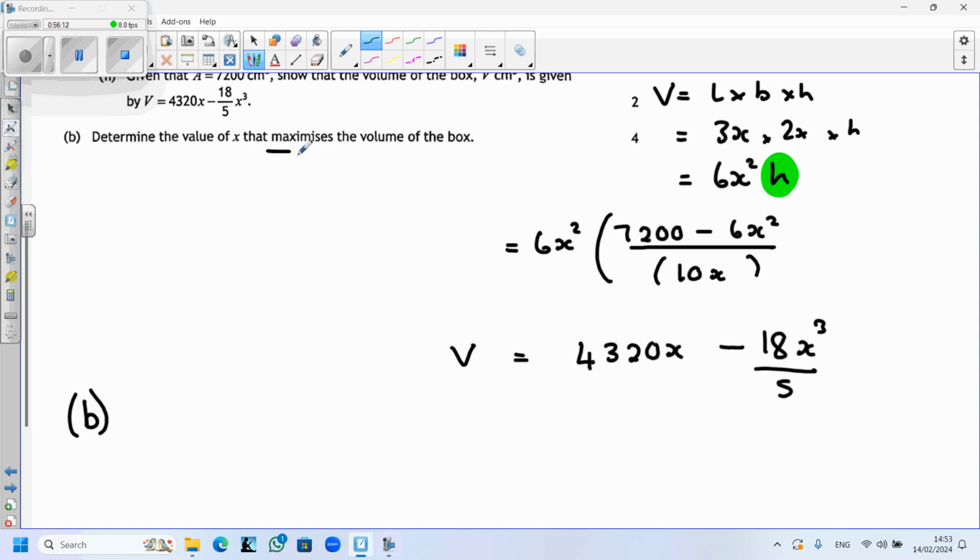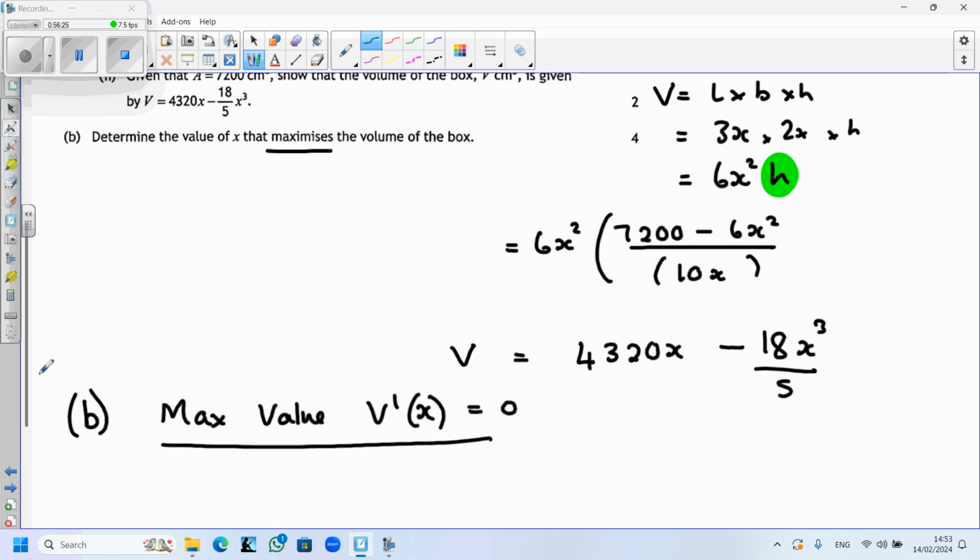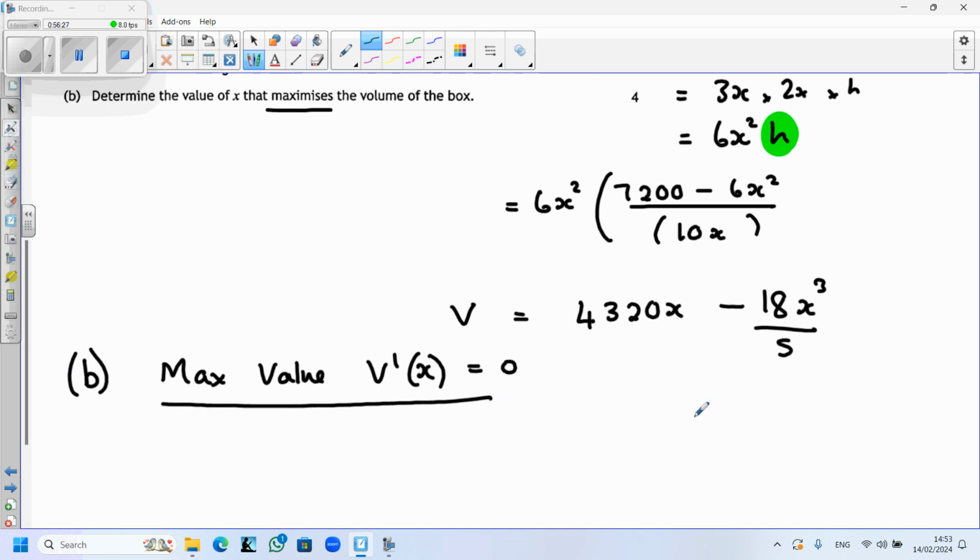Determine the value of x which maximises the volume of the box. So we're going to say max value, and it will be when the derivative is equal to 0. So write that down, underline it. So now we want to take the derivative of that term. So V'(x)